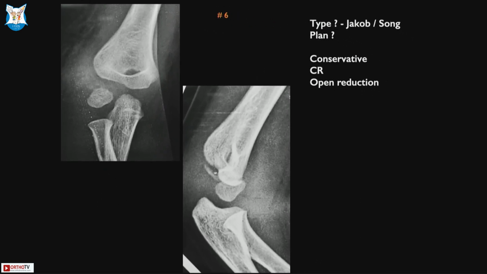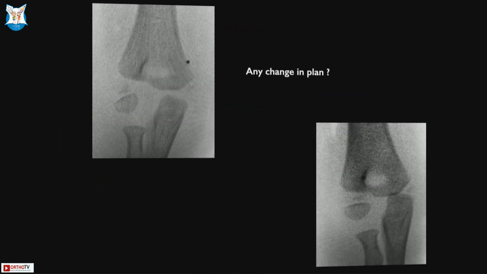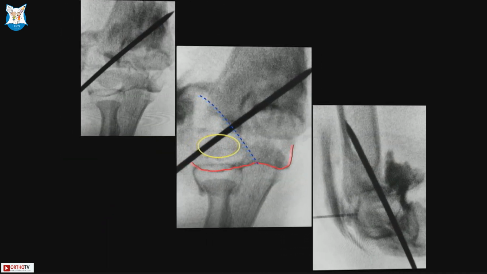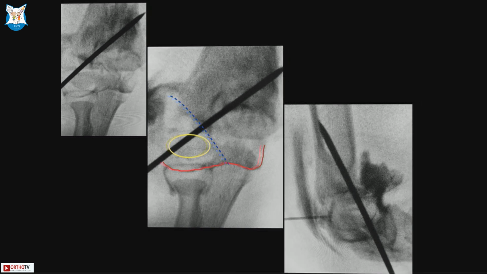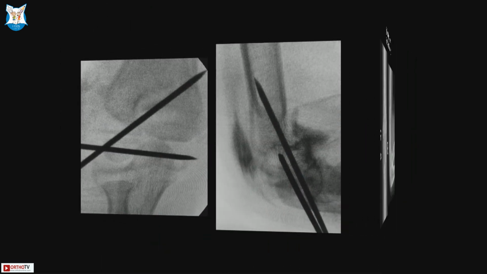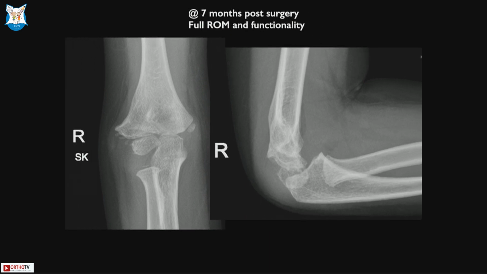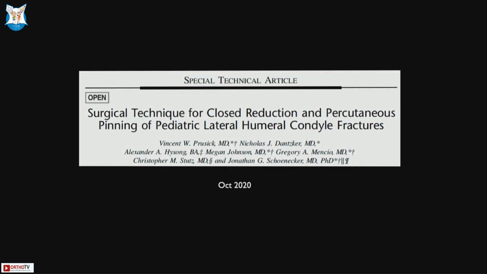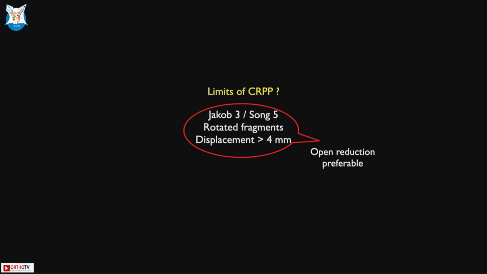Sometimes you try to push the indications of a closed reduction. So this is rotated, not completely flipped over. It's worthwhile trying a closed reduction, and you can find that you can actually improve things. Okay? Check it again. So even though this is a rotated fragment which I managed with closed reduction, in my current practice, I would say that you need to be careful about stretching the indication. So rotated fragment where you're really not sure about the articular cartilage, I would say don't push the indications to the closed reduction, go in for an open reduction where it's significantly rotated, because you can't really appreciate an axial plane